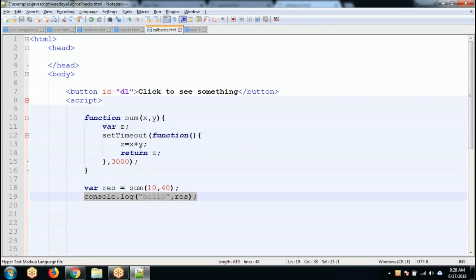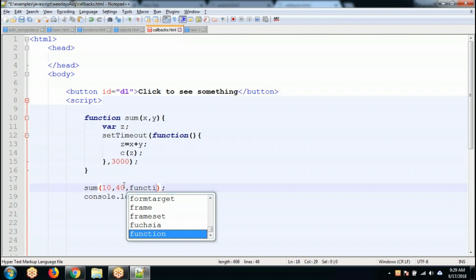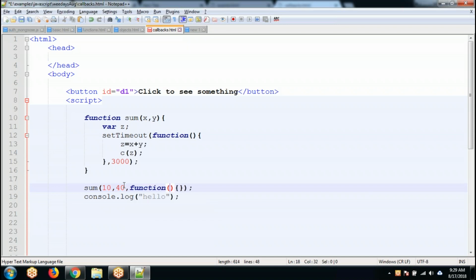So how do we handle this type of asynchronous function? The only way is callbacks. Don't return the value. You just call a function and pass the result to that function. So here I don't want any res. I'll write a function,